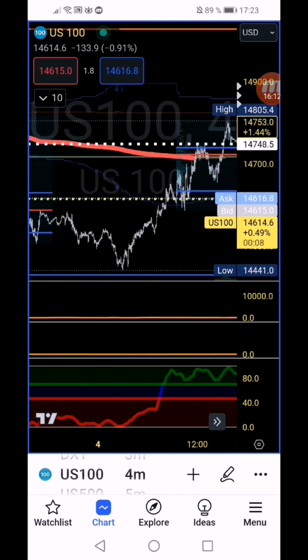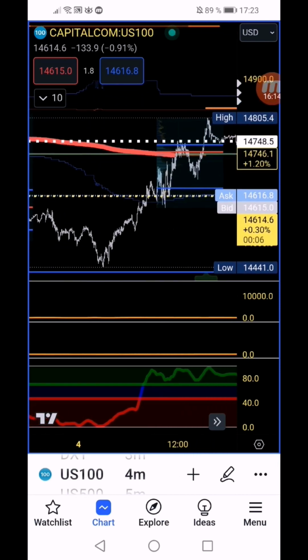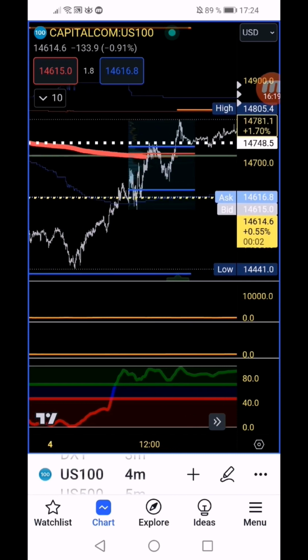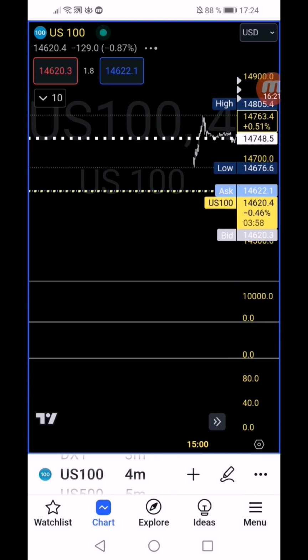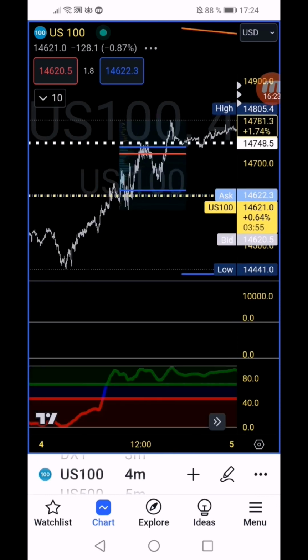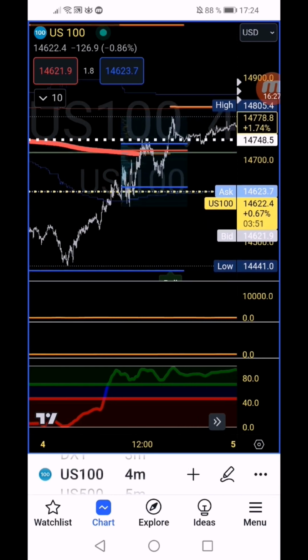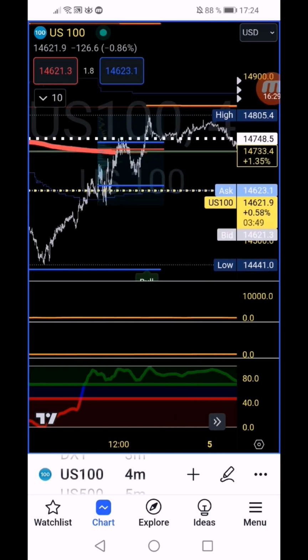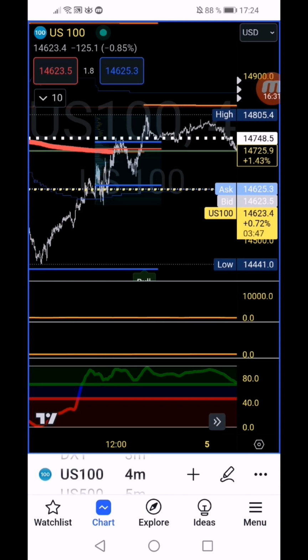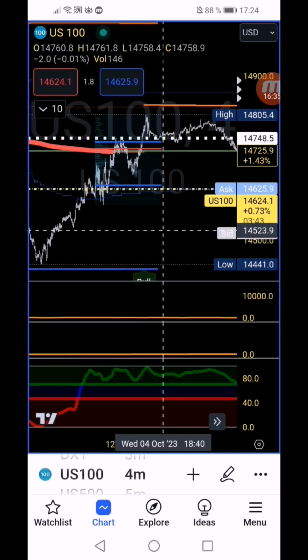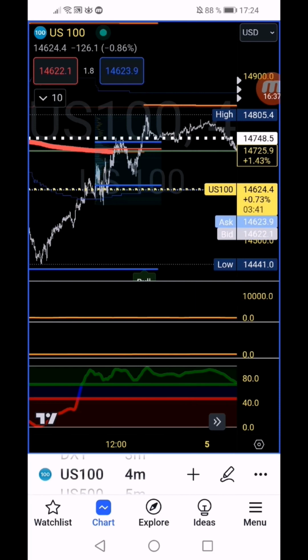Then long trend, the same again. Now the market is making, and we want to see here, the market is making higher highs. No higher highs, but neither lower lows. So we wait,